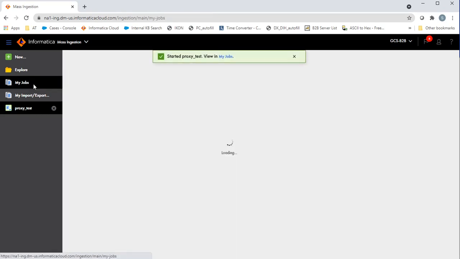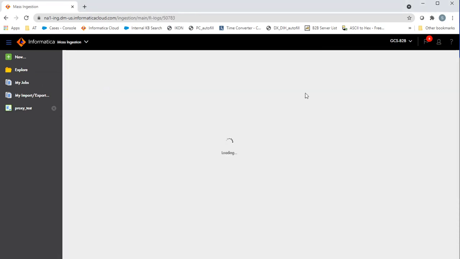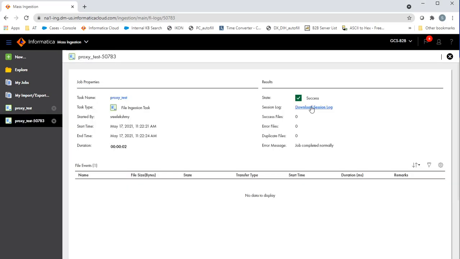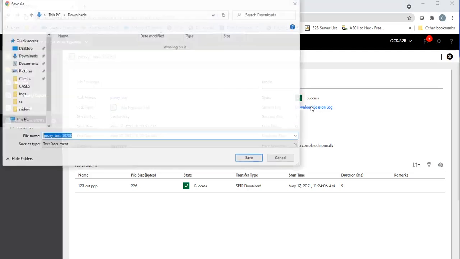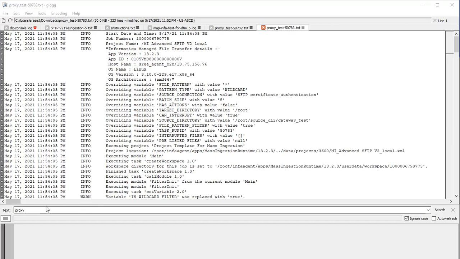We can see the logs under My Jobs. Okay, so this is the latest run. I'll download the logs. Let's open the log.